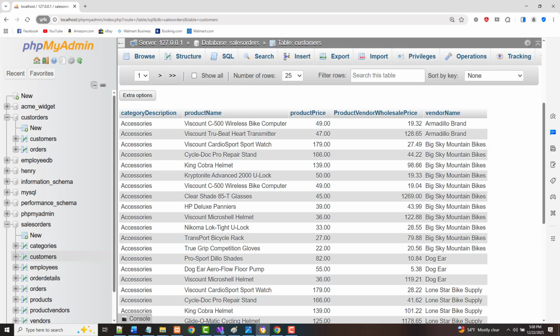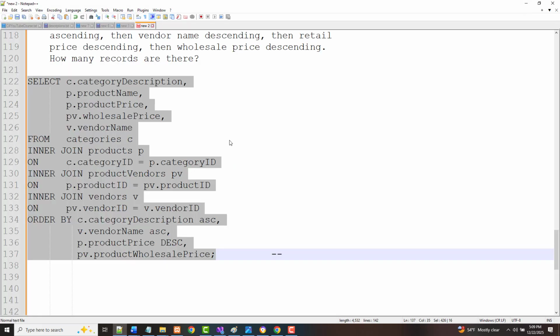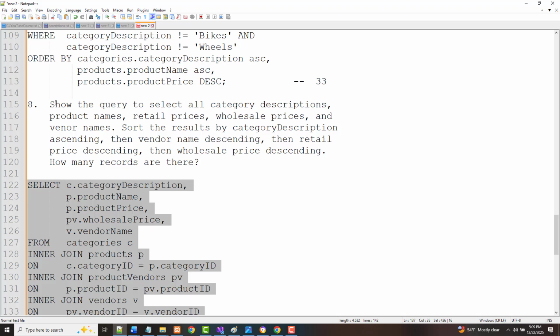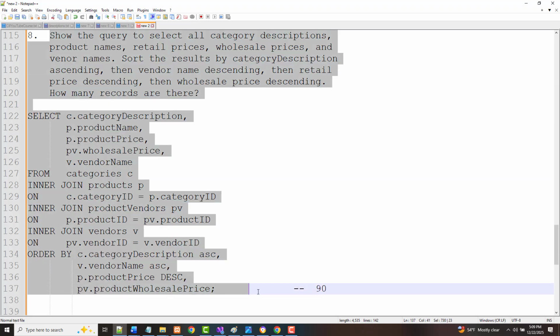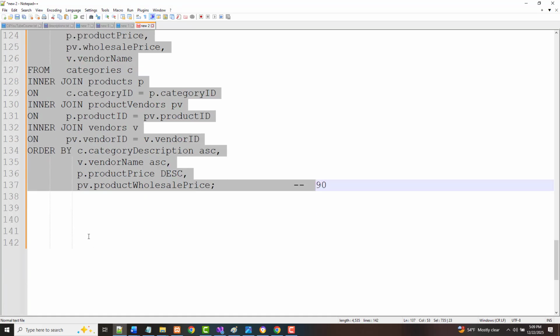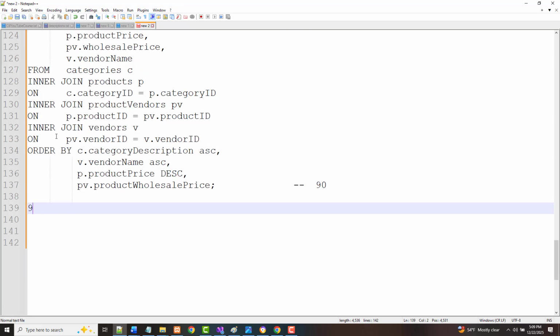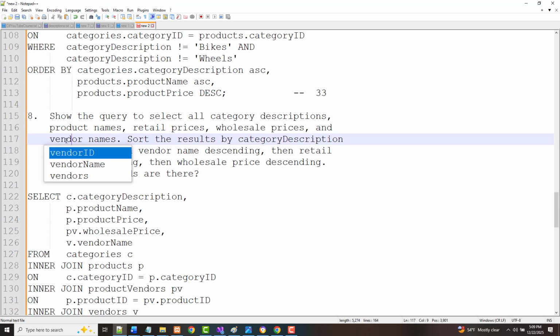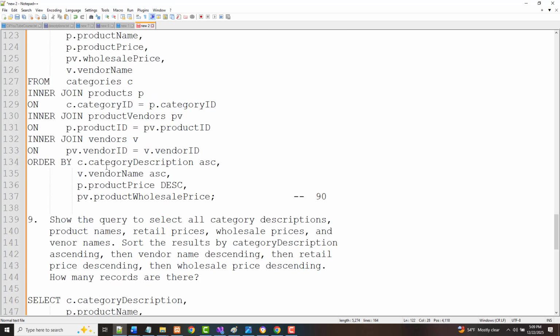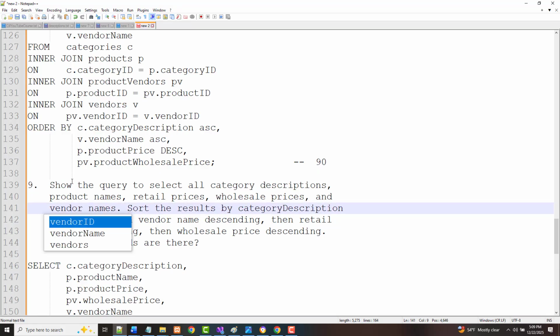Now, do a couple more that are going to be very similar. So the next one that we're going to do, and I'm glad I copied that because I had it here anyway. Let's go back up to the top here. We said there were 90 of them. So we're up to number 9 of 15. All right, and I got vendor names instead of vendor names. Now, when we do this one,